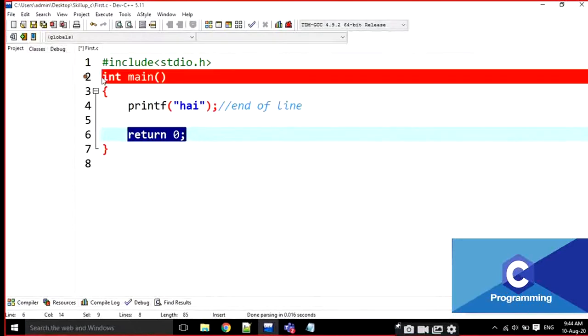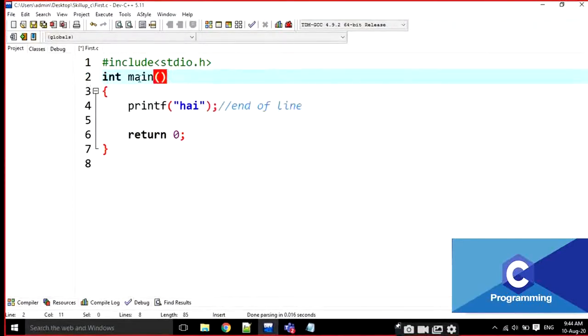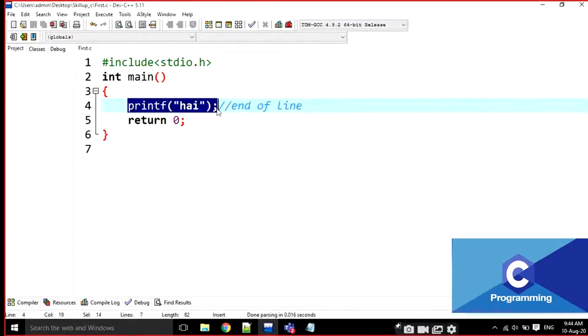But look here, the main functionality is going to start here and end there. These types of statements never use a semicolon. If you use a semicolon, the functionality of the line ends in the same line, and only then do we go for a semicolon. Only that type of statement concludes with a semicolon. That's why printf and return end with a semicolon, and main does not. Is it clear?